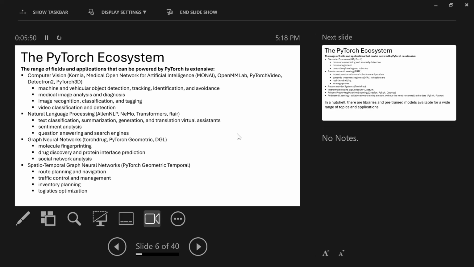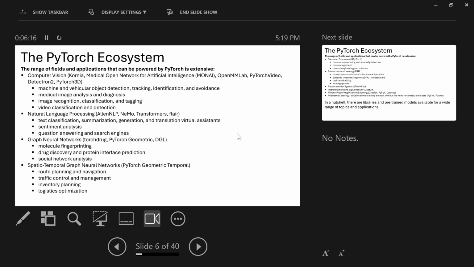It also has application in natural language processing. Remember yesterday I told you that we have 4 modules, and the last module is natural language processing. So we'll be able to do things like text classification, summarization, sentiment analysis, and question answering engines.